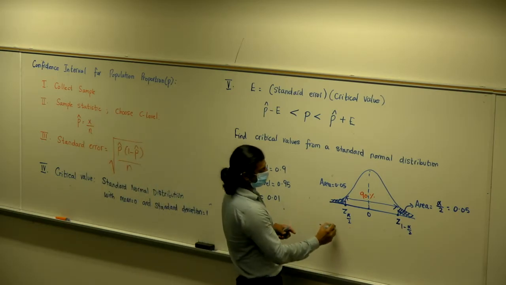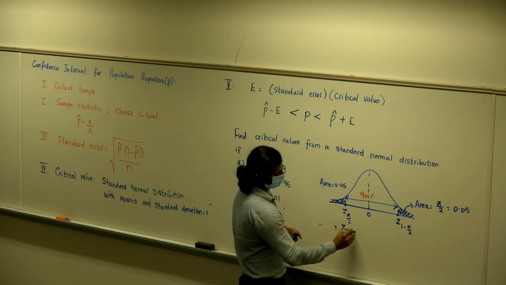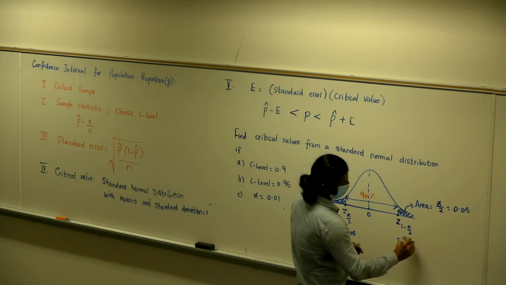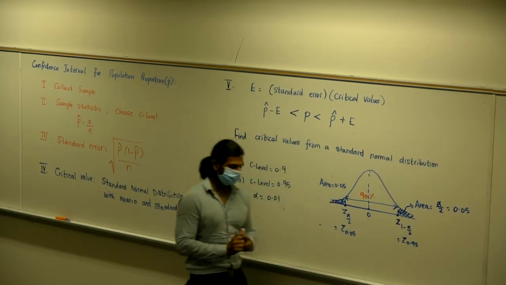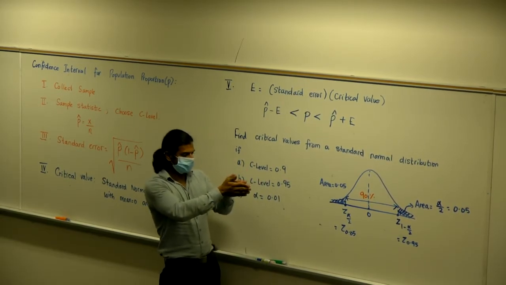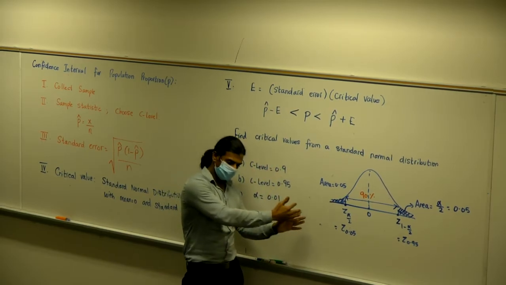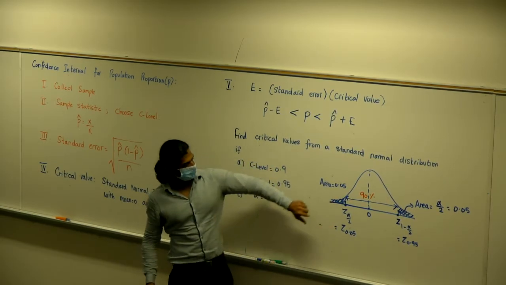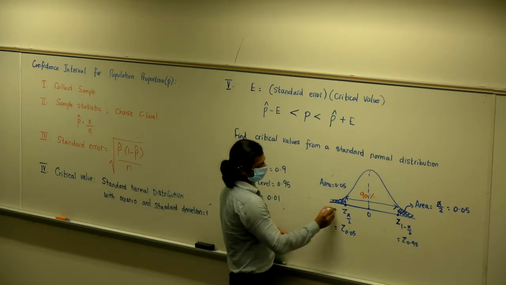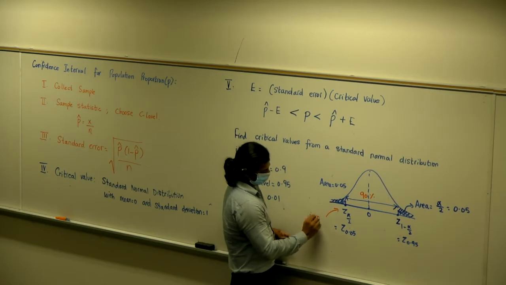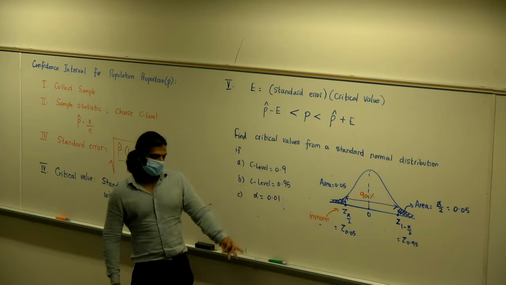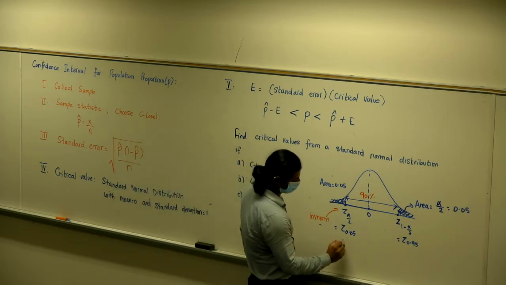So here we have z sub 0.05 and z sub 0.95. Last time, the notation mentioned inverse t, alpha over 2, degrees of freedom. The letter z here denotes inverse norm. So in your calculator, all you have to do is type in inverse norm